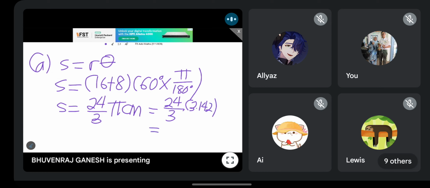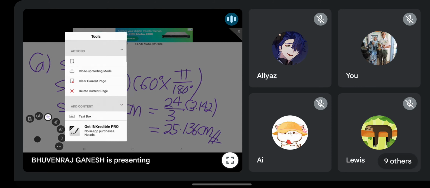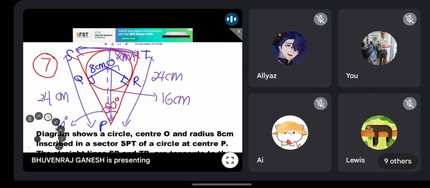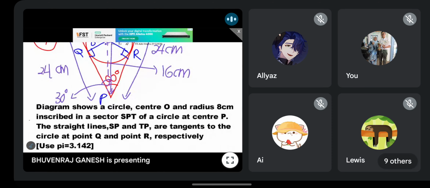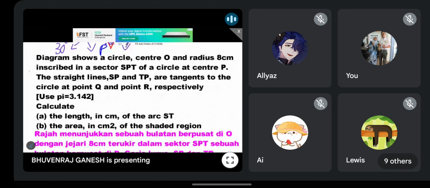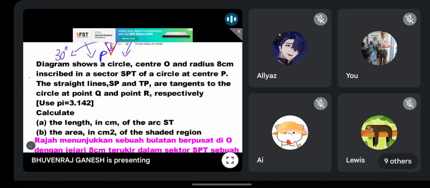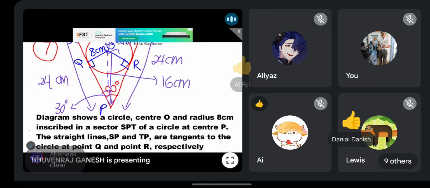So if you count and see, 3.142 times 24 over 3, 25.136 centimeter. Okay guys, are you clear? Soalan A, because this question a bit harder compared to the rest. So are you clear or not? Adakah kamu jelas how to get arc ST? Can